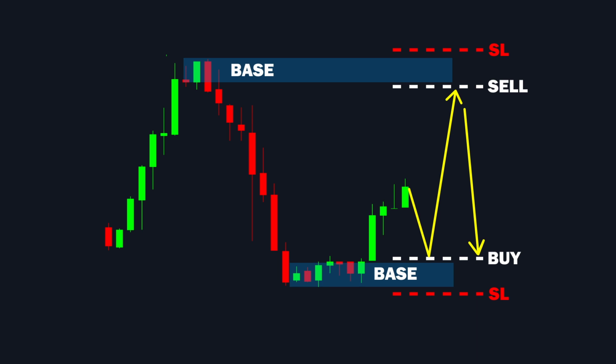For a demand zone, this would be the extreme high produced by the large candle and the group of candles around it. This point corresponds with the top of a demand zone and the bottom of a supply zone. Take profit. The first take profit is the first demand level when shorting and the first support level when going